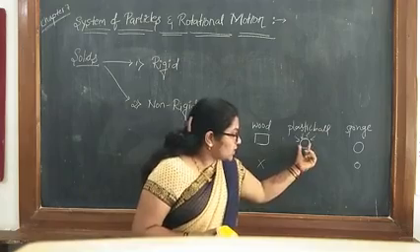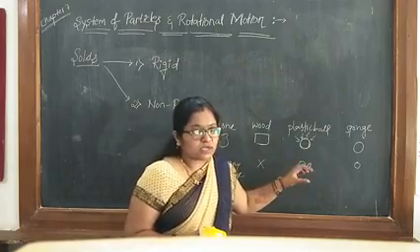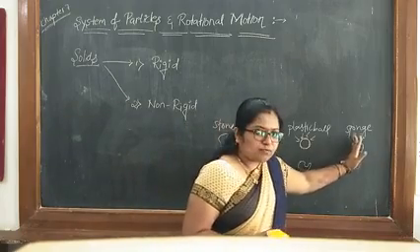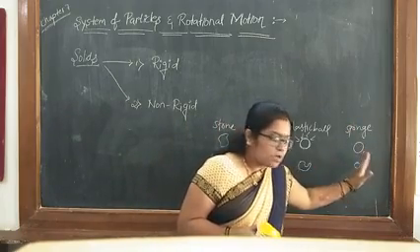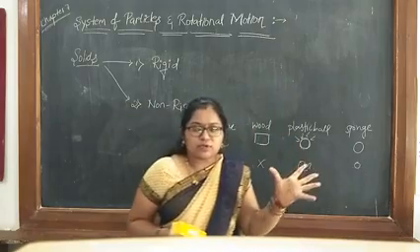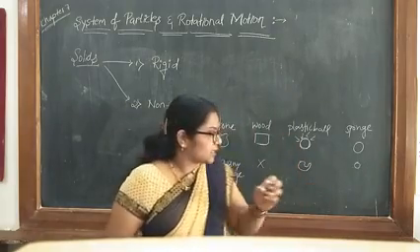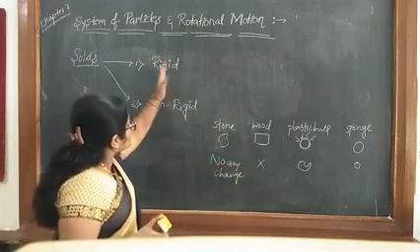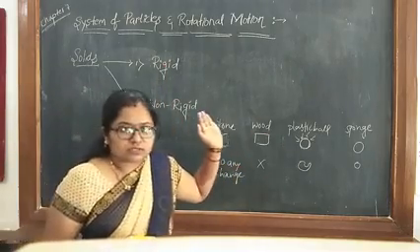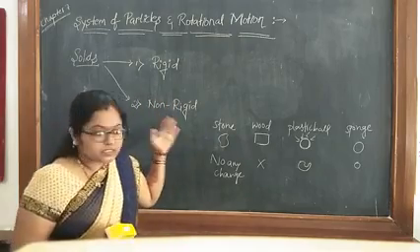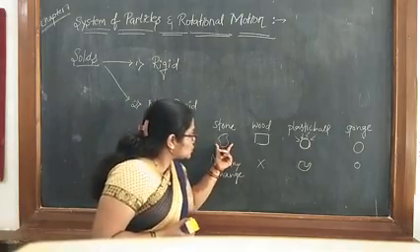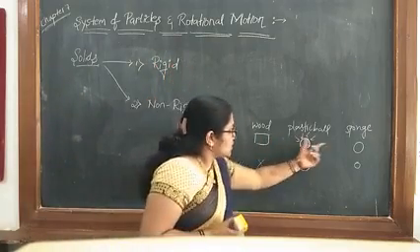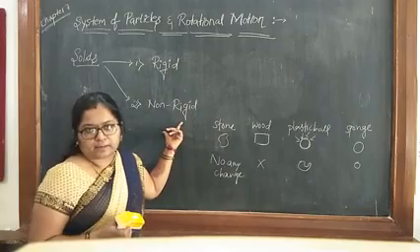Here the deforming force is showing some changes but no reverse process. Here the deforming forces are showing the changes also, and in turn after removing the deforming forces, the body is getting its original size and shape. So with respect to these two types of solids, rigid objects and non-rigid objects, we can list this stone and wood in this category and these two in this category.